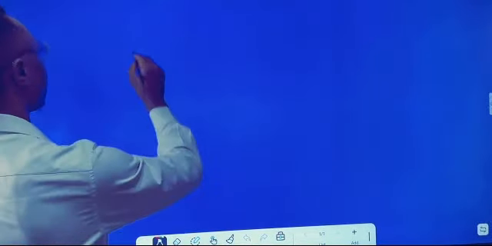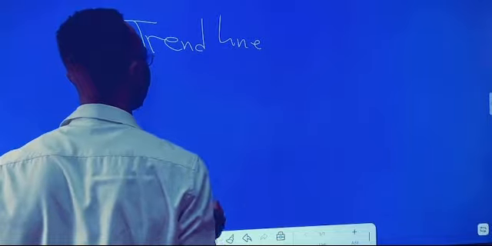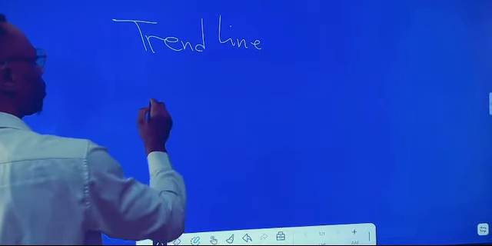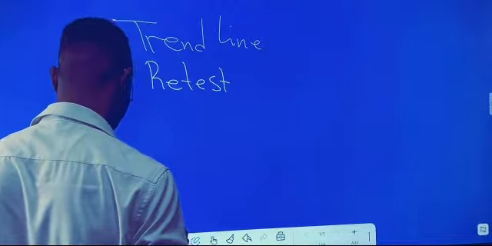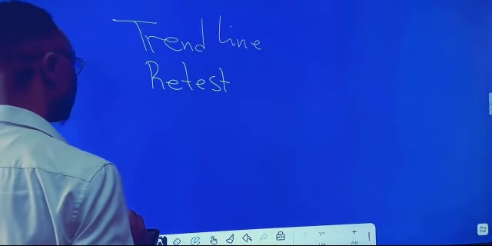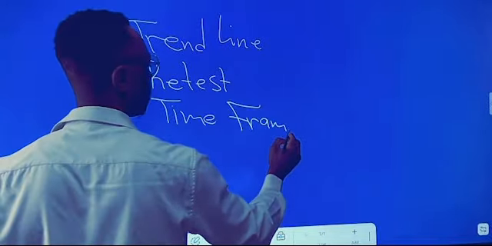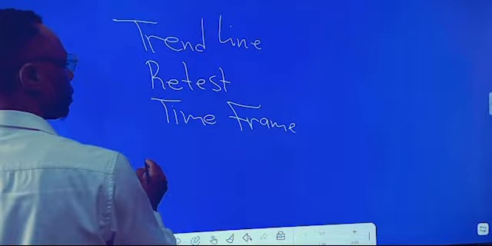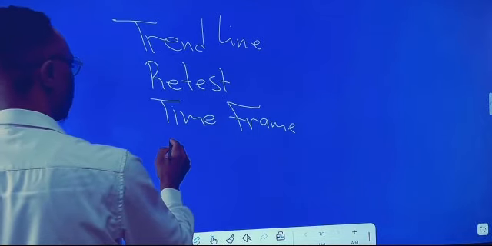Right, so the first thing we are going to talk about is what? Trend line strategy. Okay, trend line. The second thing we are going to talk about is retest. The third thing we are going to talk about is time frame. You have been asking me about time frame. The fourth thing we are going to talk about is how to set stop loss